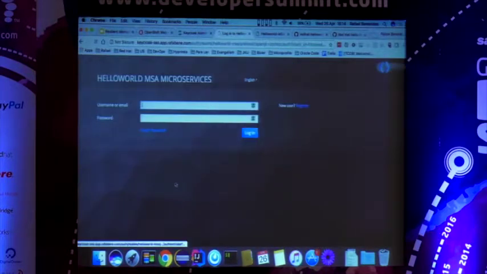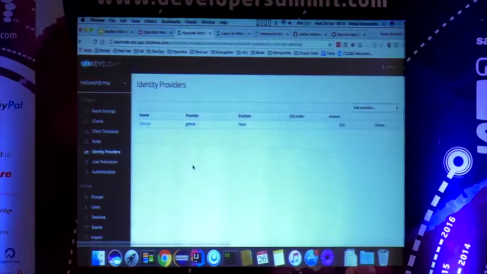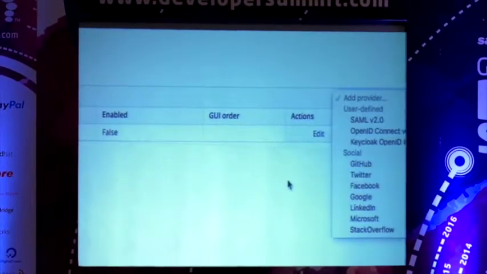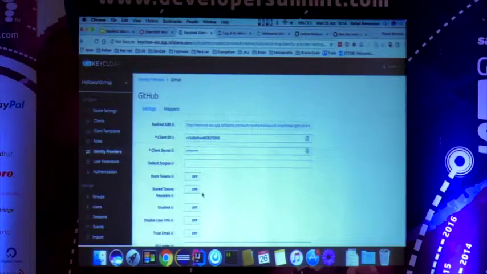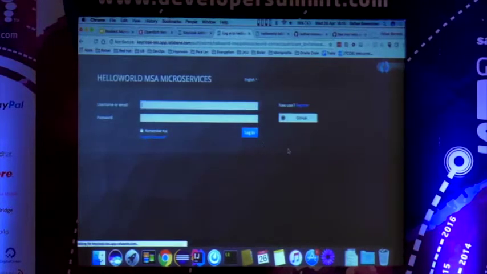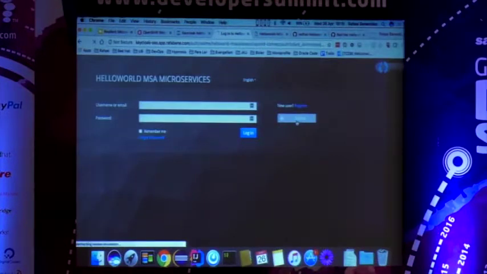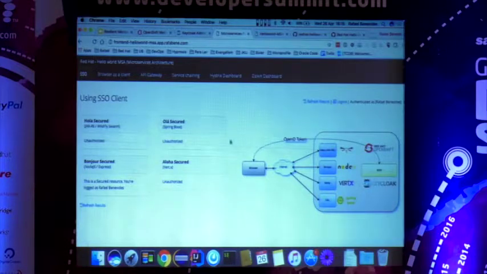Okay, I can even enable authentication with different identity providers. I can, for example, use GitHub, Twitter, Facebook. So I have previously configured GitHub here. So once I enable it, I can see a button that allows me to log in with GitHub. So you log in here with GitHub. It will get a token that contains my credential, and you can see here that